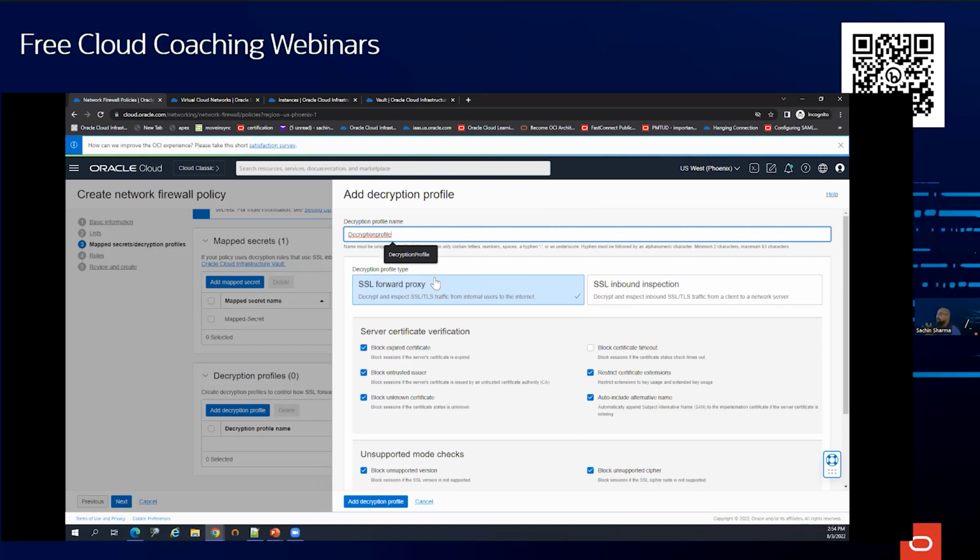That is server certificate verification. That is block expired certificate. Okay. Block untrusted issuer. Block unknown certificate. Block certificate timeout. Restrict certificate extensions or auto include alternative name. If in case you do not want something in these options, you can just uncheck it and create your decryption